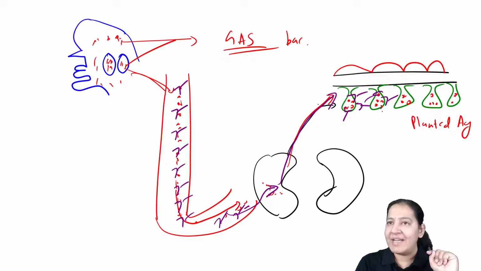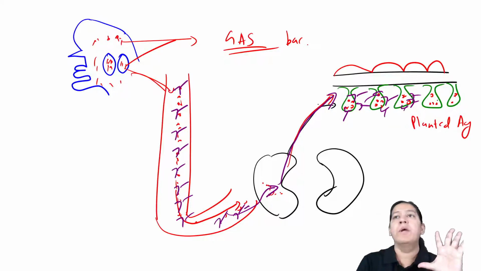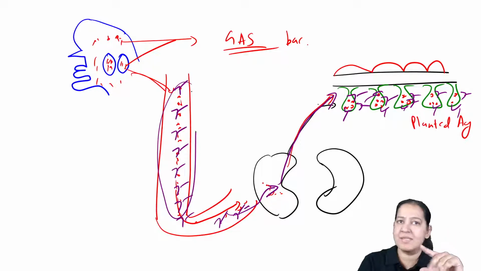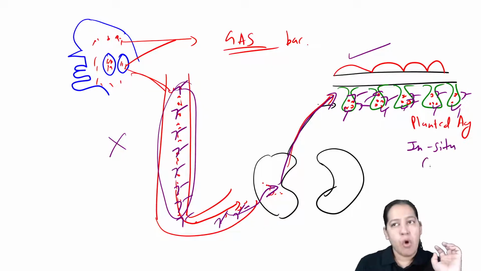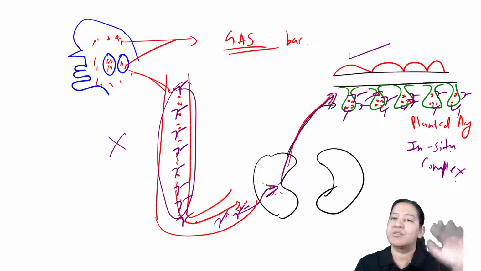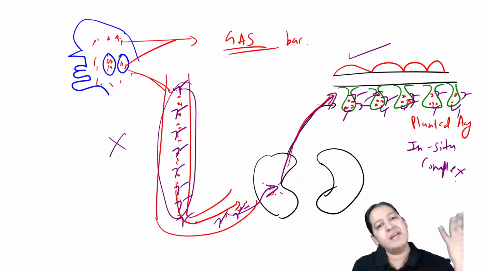the antigen. So antigen antibody complexes are formed, but they are not formed in the blood. They are forming in the kidney. This is known as in situ complex formation. So antigen antibody complex formation takes place in situ inside, because first bacteria is coming and behind it antibody is coming.